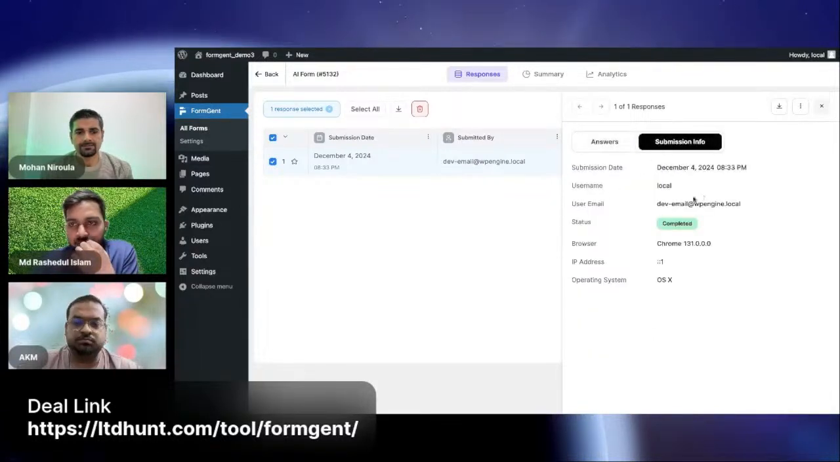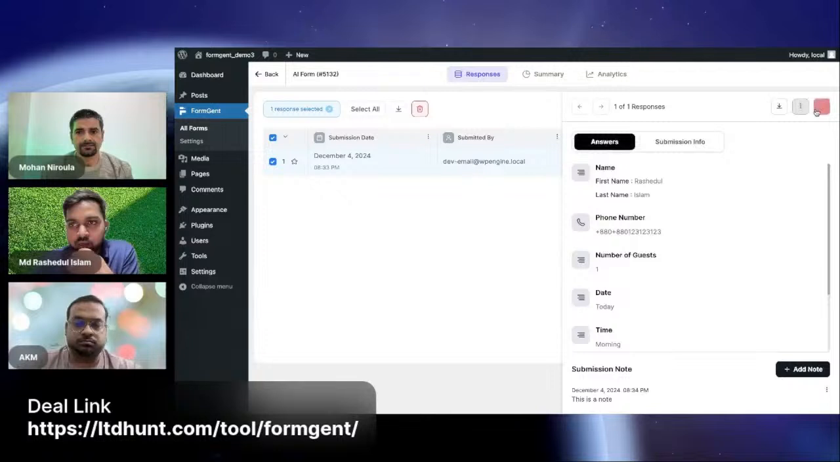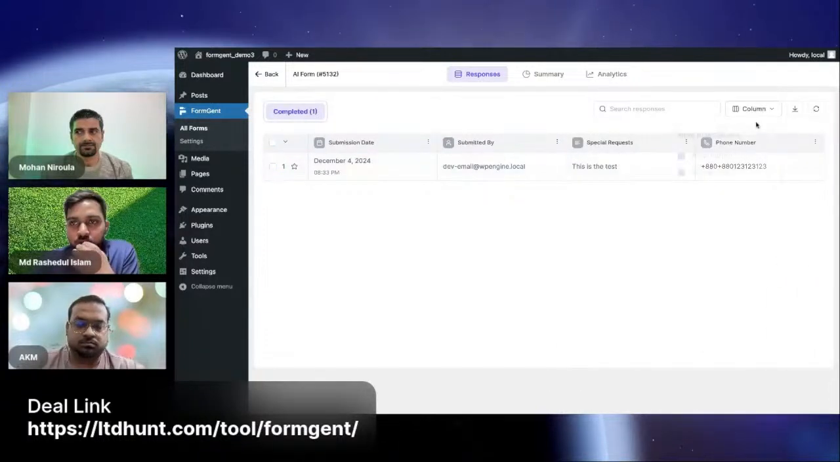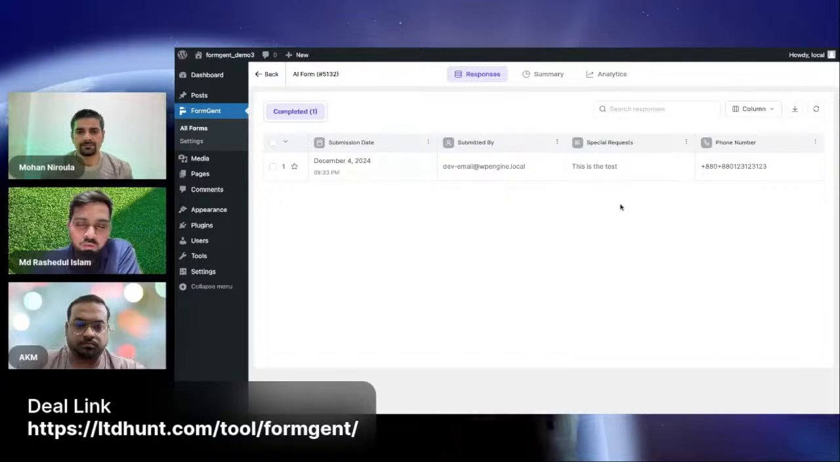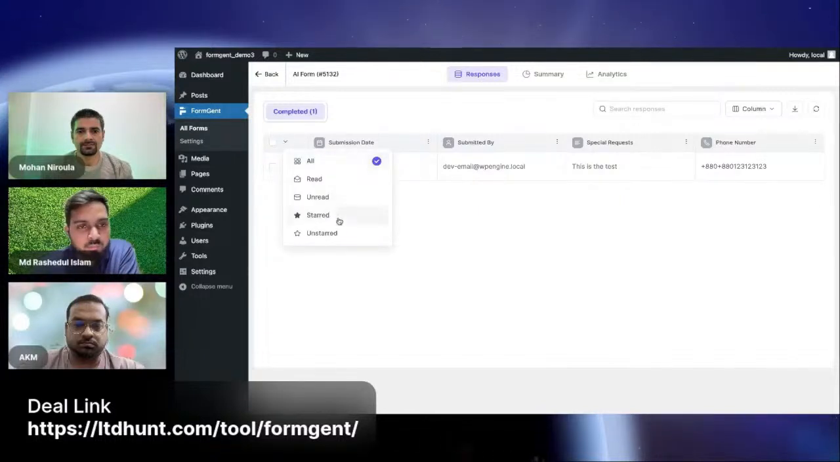Also, I can check the submission info, and after submitting the form, user can download it through multiple formats. For example, currently we are providing CSV format, Excel format, and PDF format. So user can download the responses in those formats, and also user can search the responses if they want. Moreover, there are some filtering options, like user can